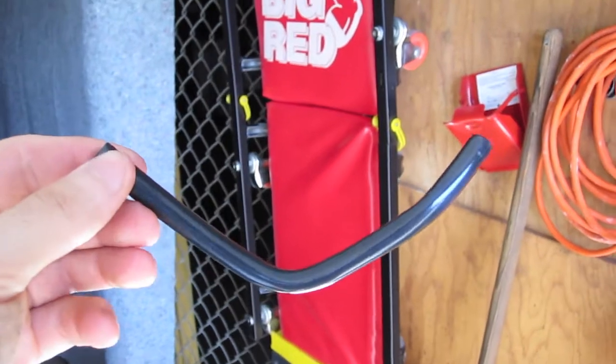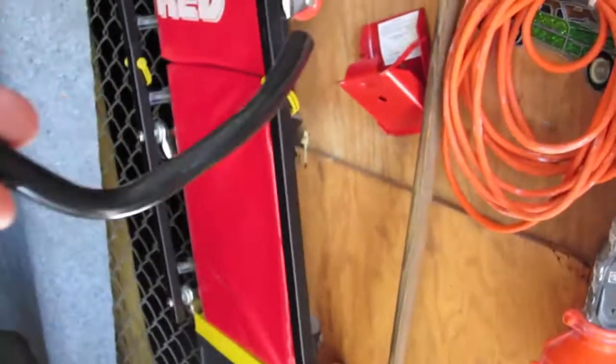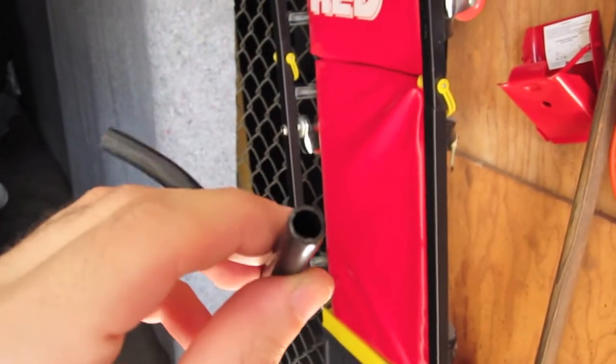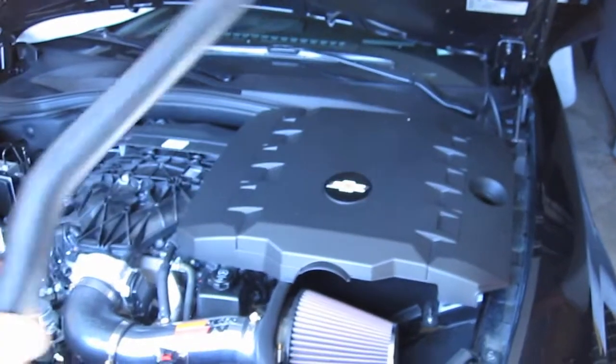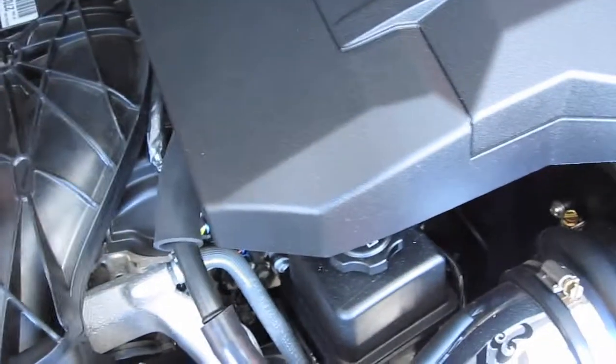As you can see, it's not much, it's basically just the 90-degree angle. It's molded a little bit, and the reason I used that tool was to try to get a round cut on it, as opposed to smashing it down or getting a jagged cut and having a problem with the hose later on. So here is one piece, and here is the other piece. So what I'm going to do now is put the pieces back into the car,